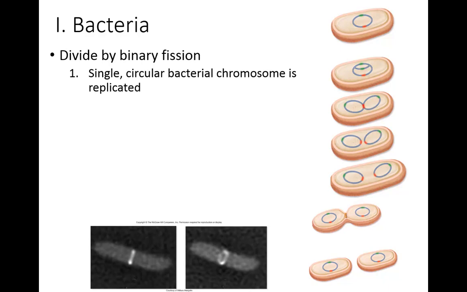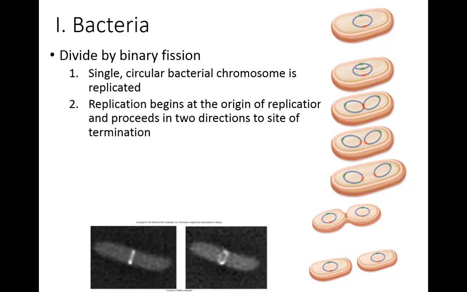And if you remember, prokaryotes, or bacteria, have a circular chromosome, and they only have one. Before bacteria can split into two, it first replicates its DNA. This begins at an origin of replication and then proceeds in both directions until you have two new strands of DNA,